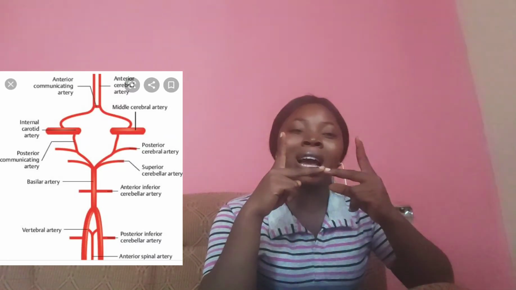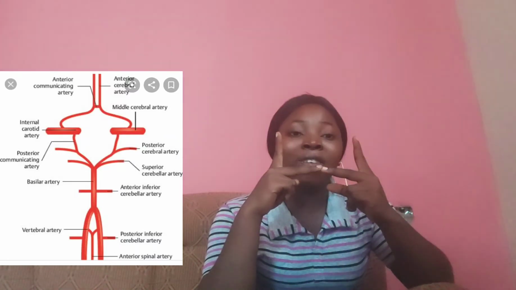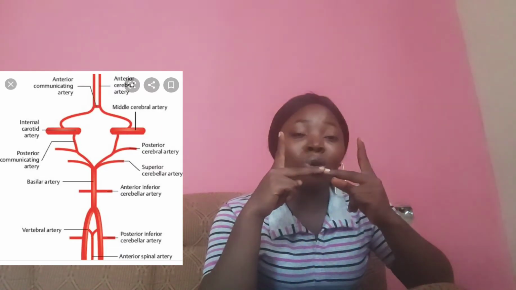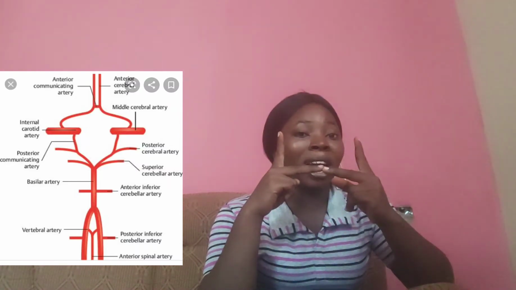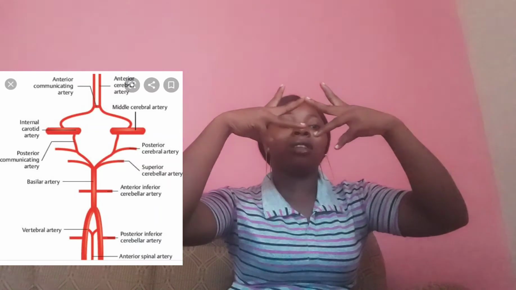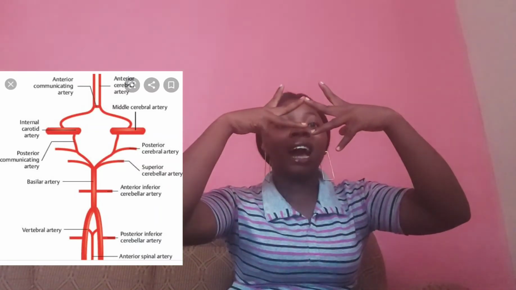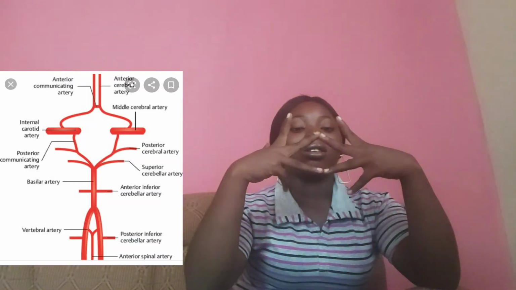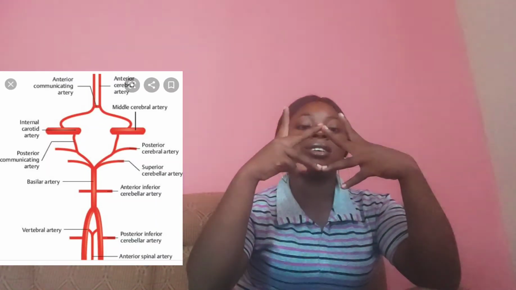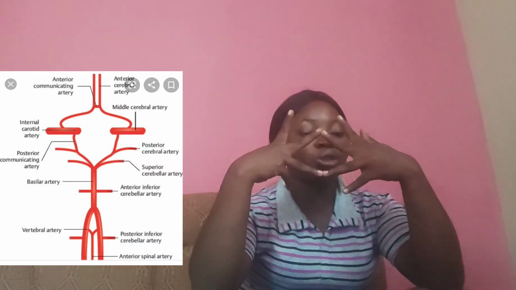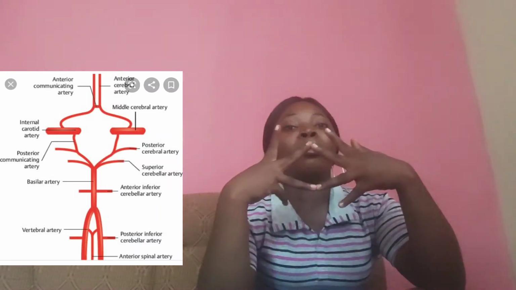And remember that the basilar artery divides into two posterior cerebral arteries. So these ones down now are the two posterior cerebral arteries, while this one now is the posterior communicating artery, which joins the two posterior